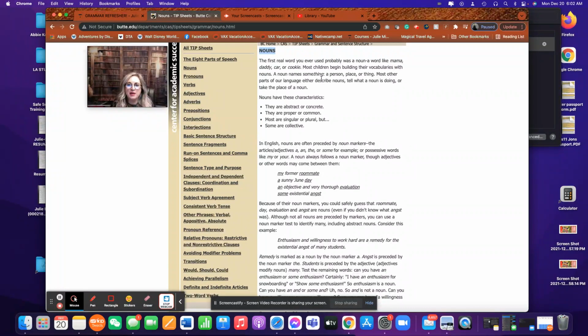Nouns name persons, places, or things. They can also be ideas. So these are the characteristics. They can be abstract or concrete. Well, you're already saying, what does that even mean? Abstract. An abstract noun is something like honor. Do you have honor? Are you honest? Well, you know what that means, but abstract it is because you can't put your hands on it. You can't feel it. Concrete is like